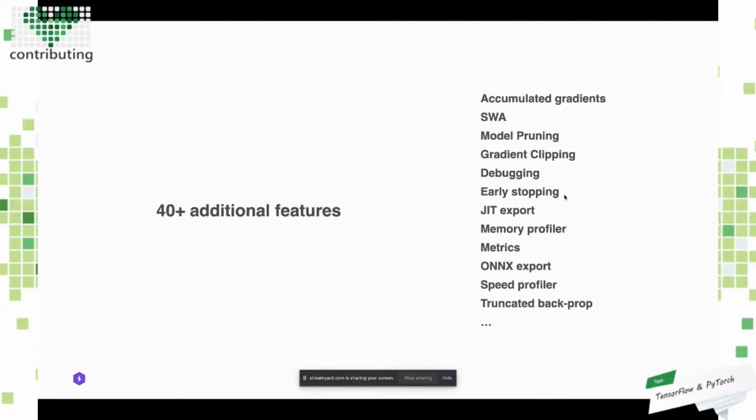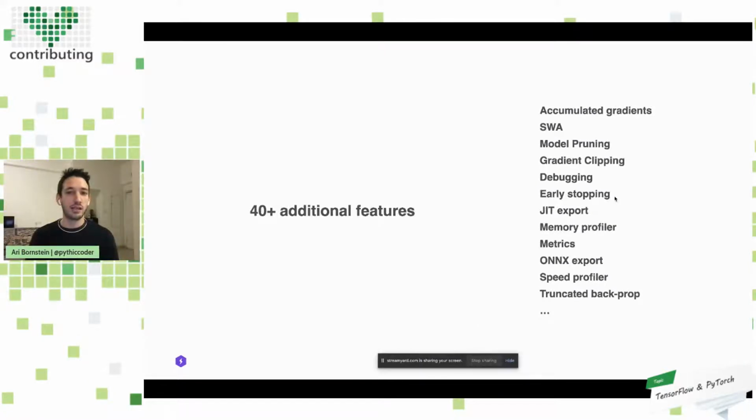And there are plenty of amazing features, from accumulated gradients, stochastic weight averaging, model pruning, and the lottery ticket hypothesis, gradient clipping, debugging, early stopping, JIT export, ONNX export.